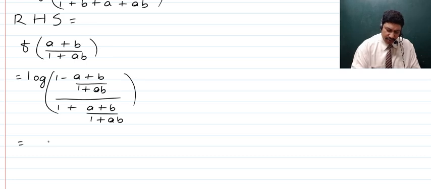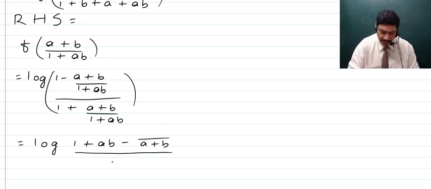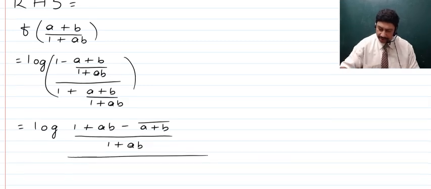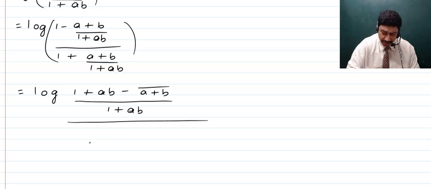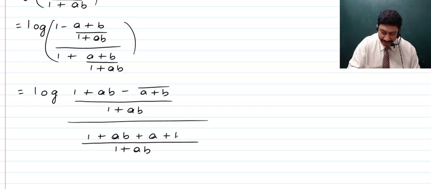Now here further what we can do is we can take LCM of the fractions, and when we do so, children, we'll have 1 plus ab here, and from that is subtracted the sum of a plus b, and in the denominator we are going to have 1 plus ab. And further, children, in the denominator we have another fraction to sort out, and we'll sort it out by first taking the LCM, which becomes 1 plus ab, the lone denominator, and then in the numerator you'll have 1 plus ab, to which is going to be added a plus b,